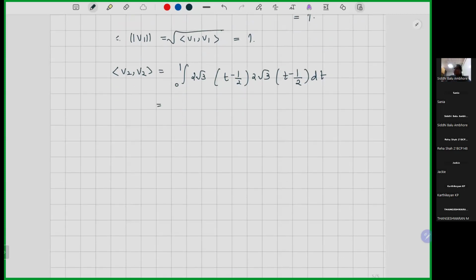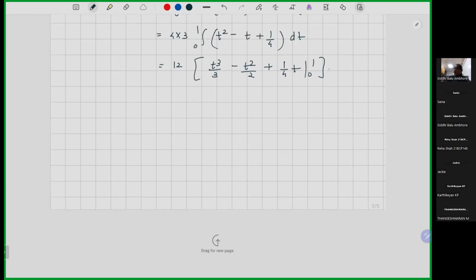So this becomes 4 into 3 integration 0 to 1 t square minus t plus 1 by 4 dt, which is 12 t cube by 3 minus t square by 2 plus 1 by 4t running from 0 to 1, and